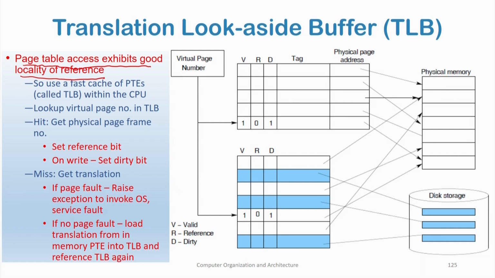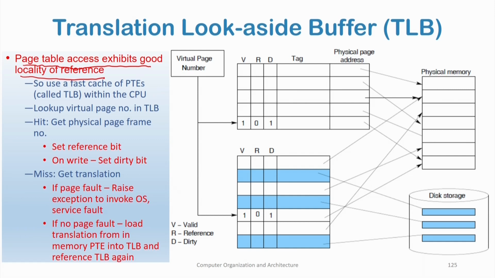Our memory accesses tend to be clustered in both time as well as space. So, nearby data I would access in the near future, and the same data I may access again in the near future. So, I have both temporal locality as well as spatial locality